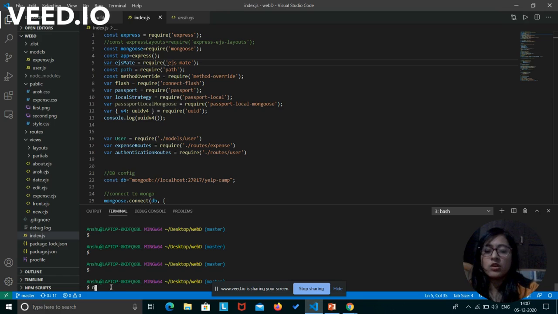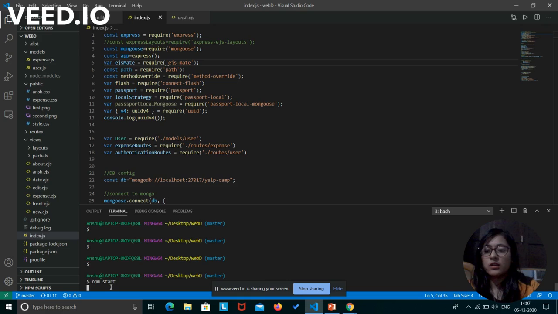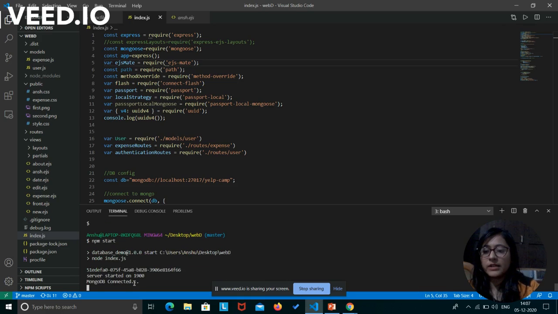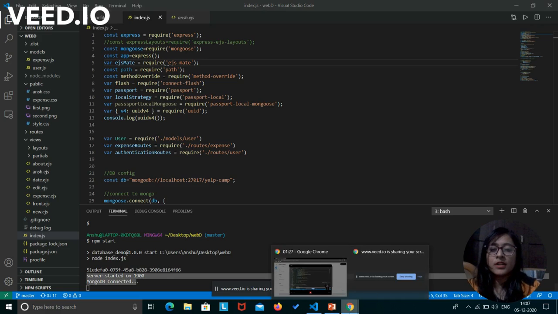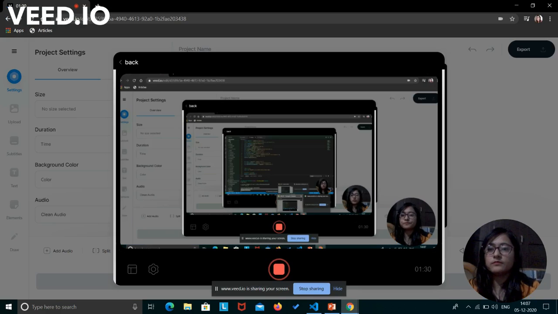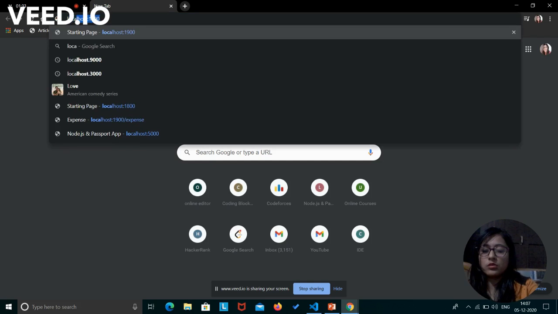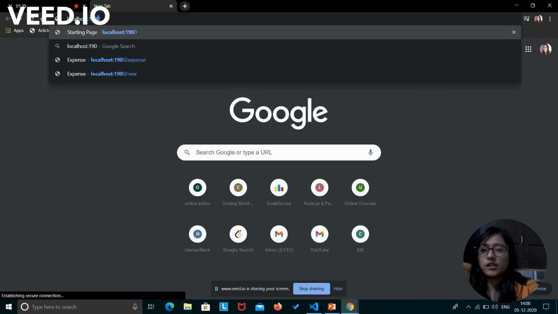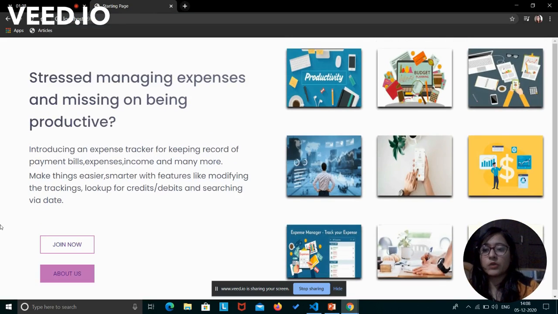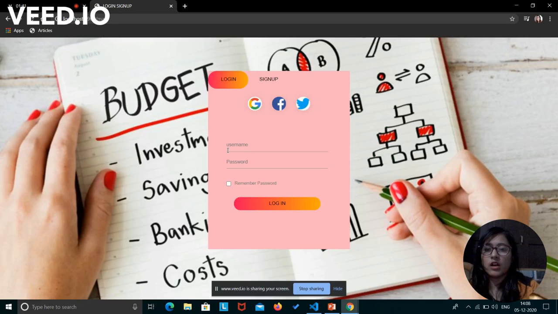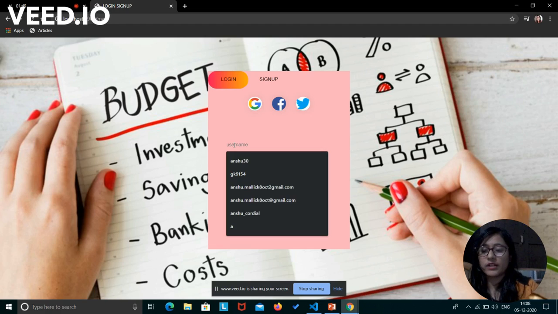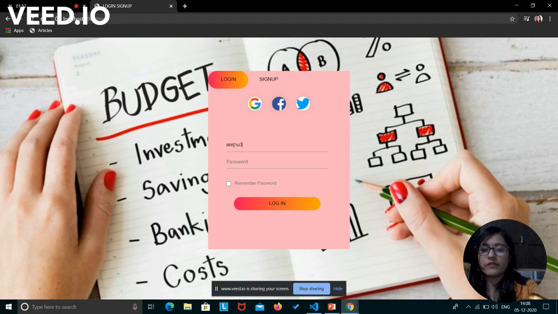This is the code. The code will be hosted on my GitHub page. As you can see, the database has started and MongoDB is connected on port number 1900. Let's move to localhost 1900. This is the layout page. Let's join. This is the login page. If you haven't logged in, you can just sign up. I have already signed up, so I will just log in,